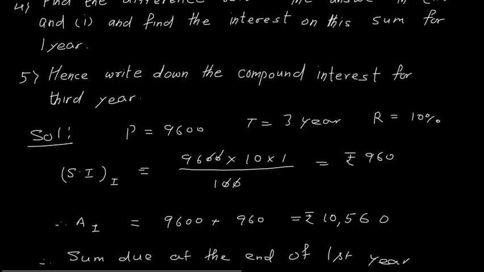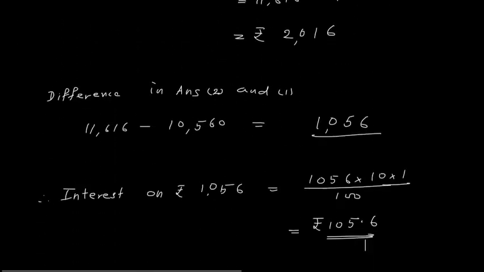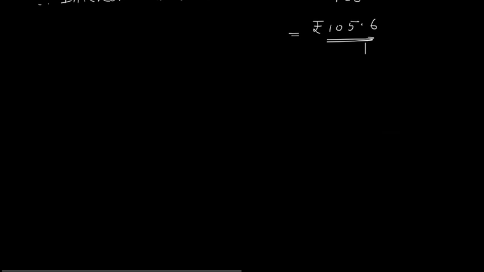So the question is: find the difference between the answers 2 and 1 and find the interest on this sum for 1 year. So we have got the answer, what is the interest for 1 year, and hence write down the compound interest for the third year. Now I have to write the compound interest for third year. So therefore, using this concept, I will say compound interest